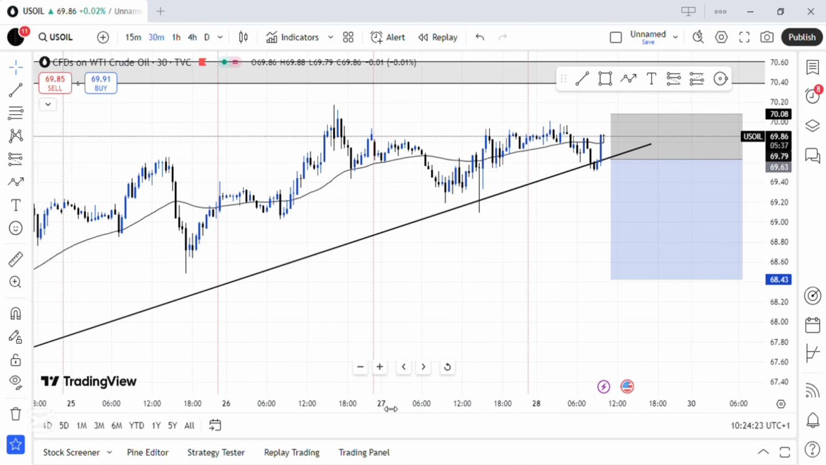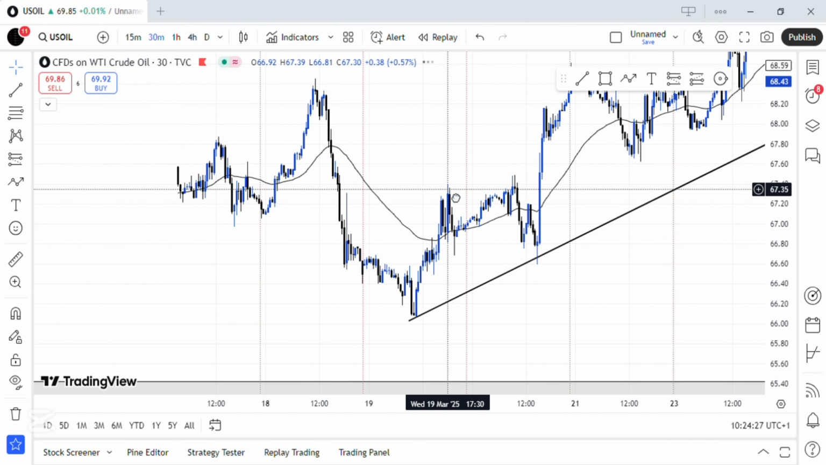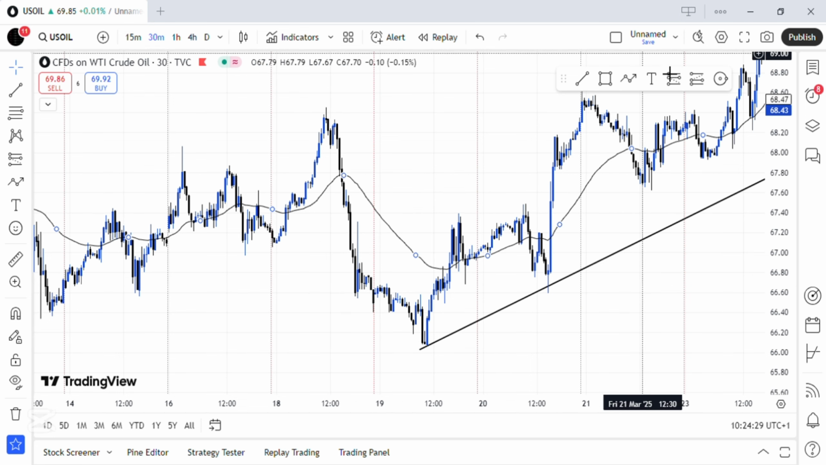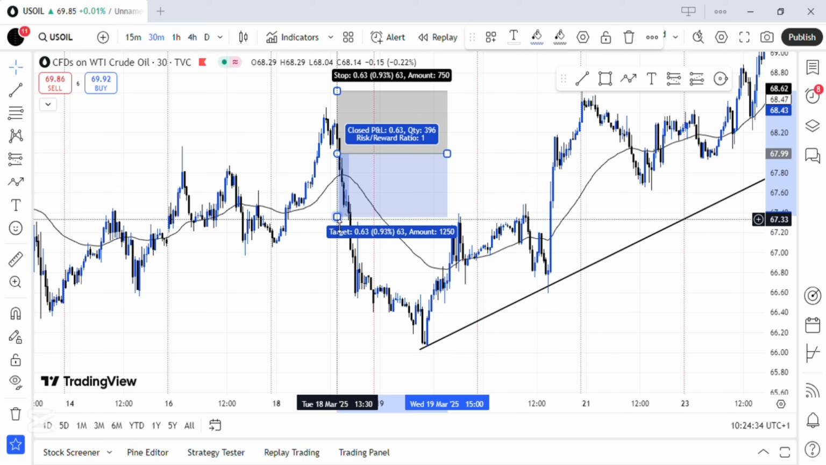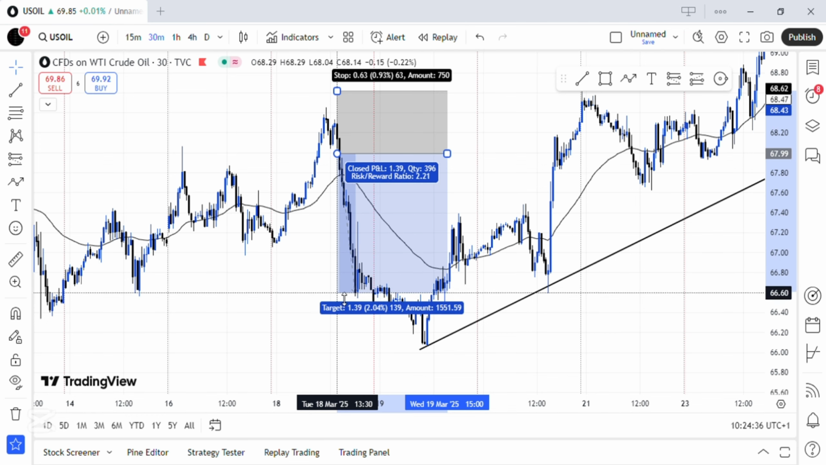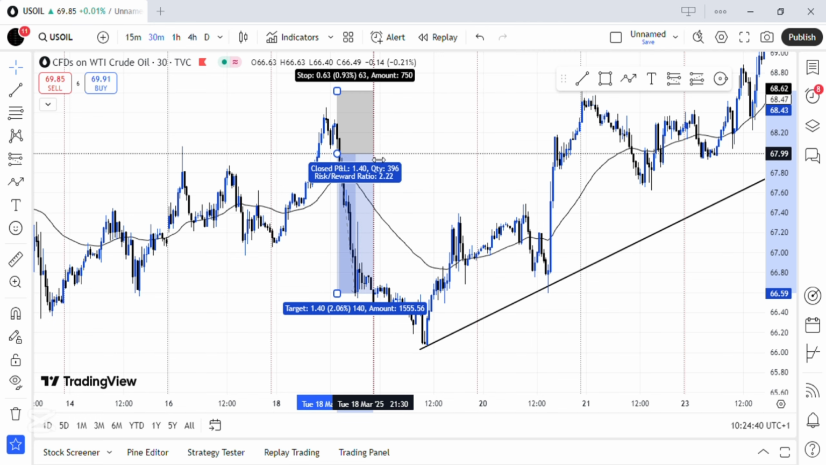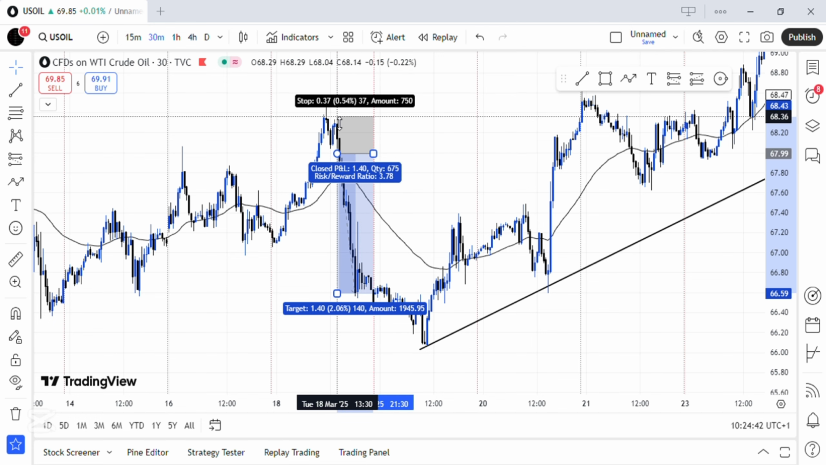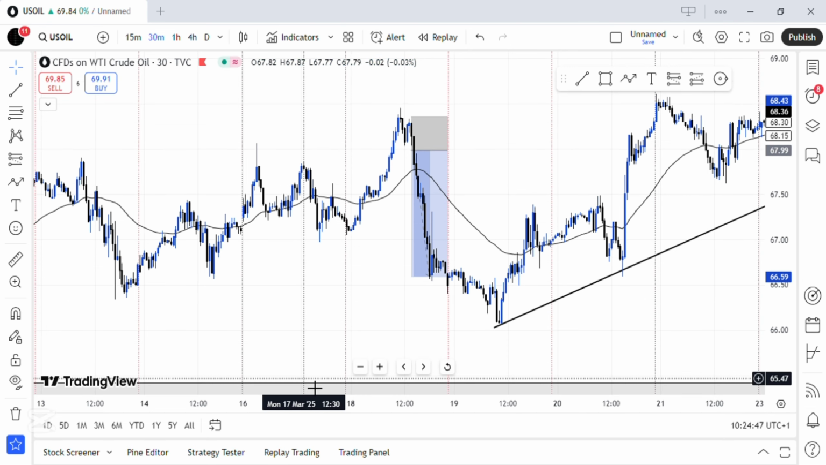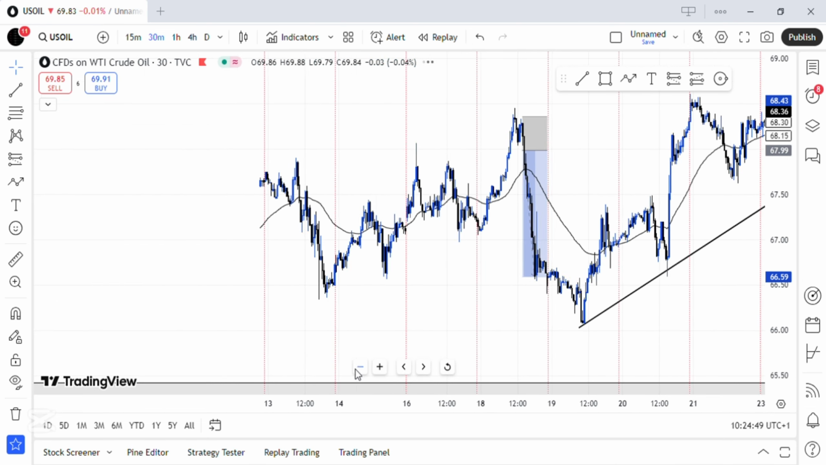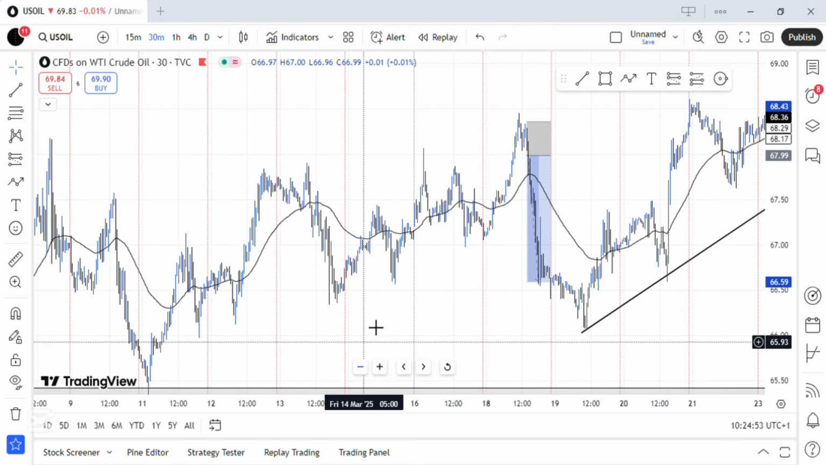So let me just show you one of the trades I caught last week. Okay, right here, this particular one, I caught this trade last week up to this area. Let me show you what I saw, or what I noticed, before I placed this trade. If you look very closely, when I placed this trade,